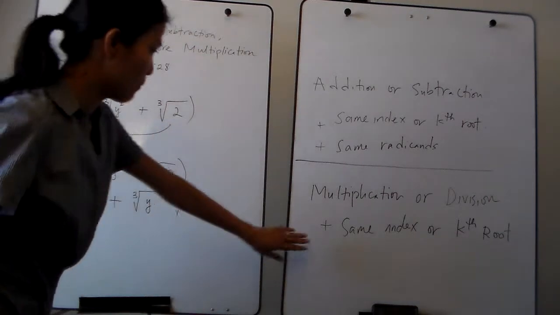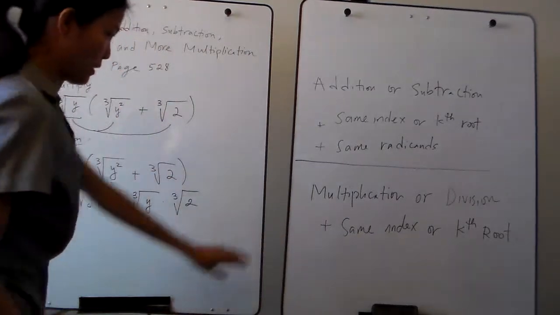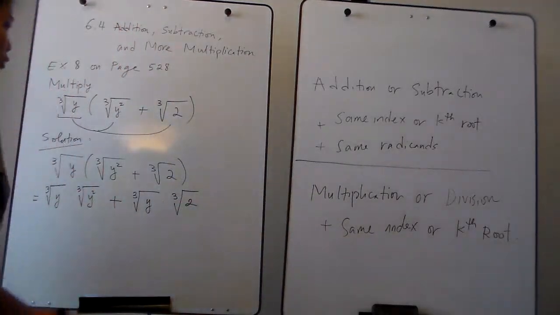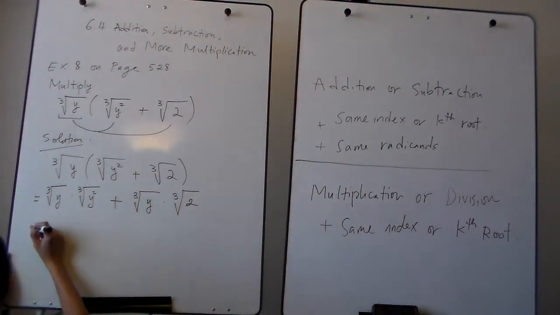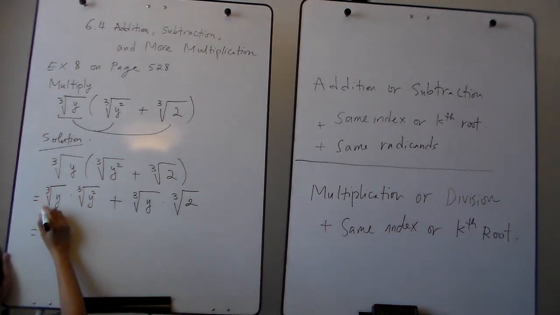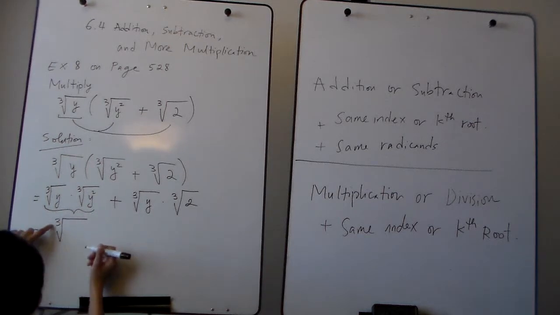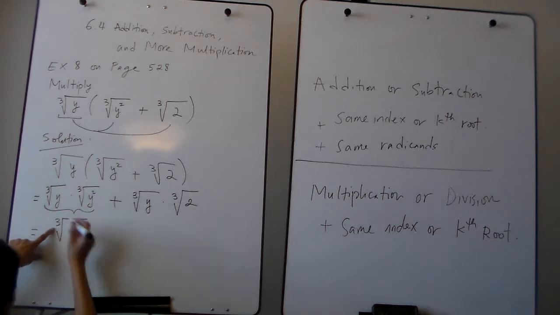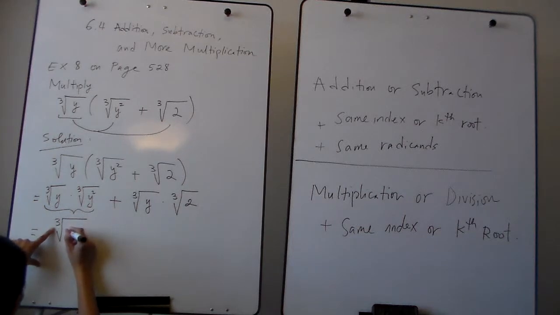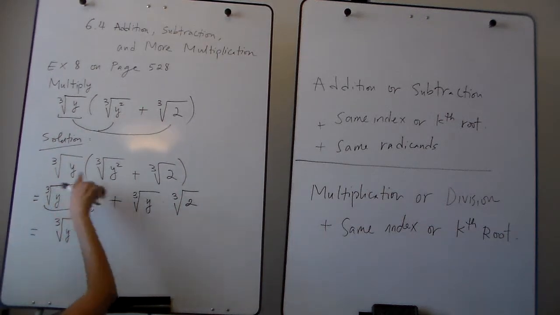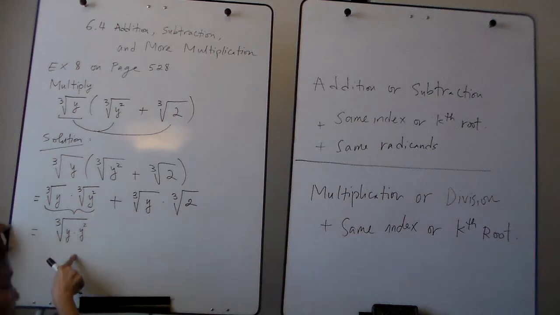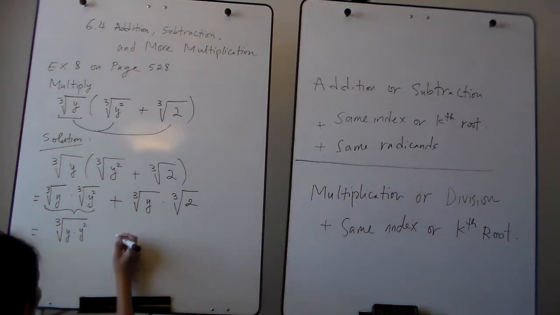That means it satisfies this condition, and you can combine the two factors when you multiply them. So multiply this, rewriting as the same k root, index 3, and then multiply the radicands y times y squared. Again, we learned how to combine these two terms earlier. Plus,